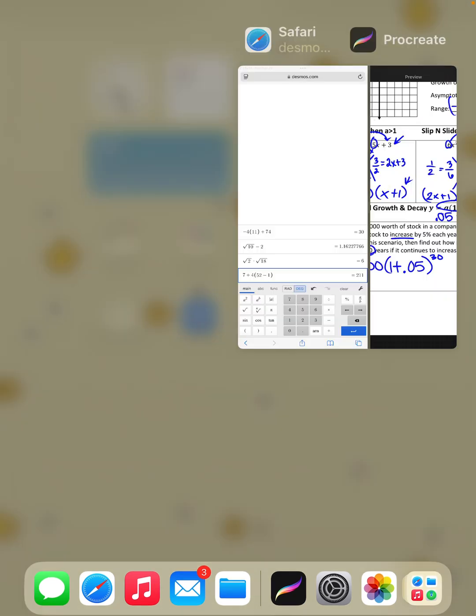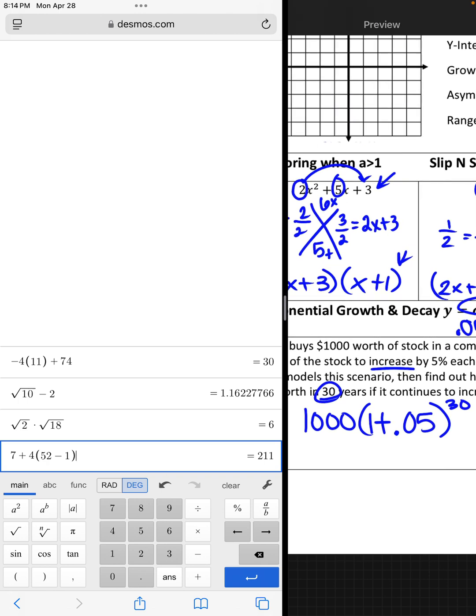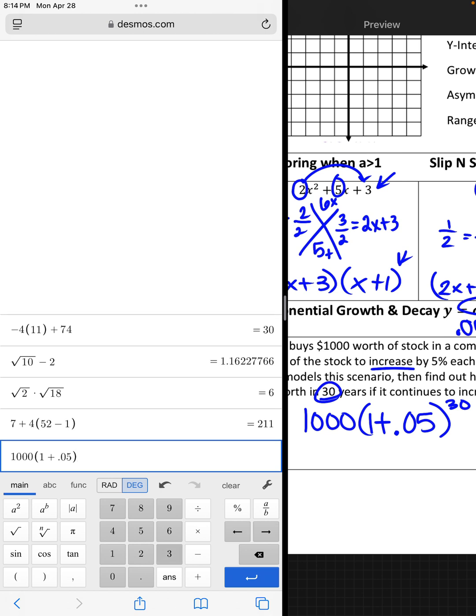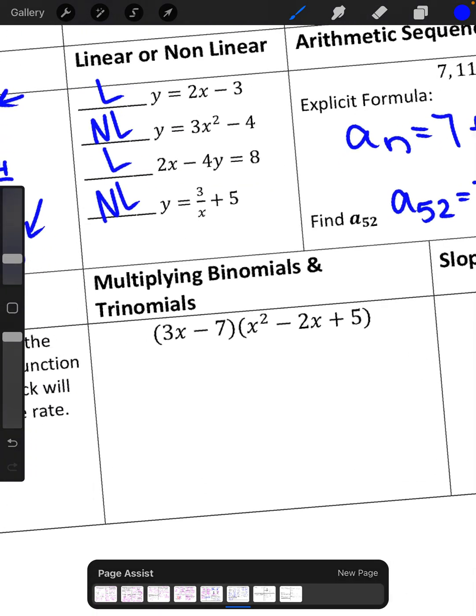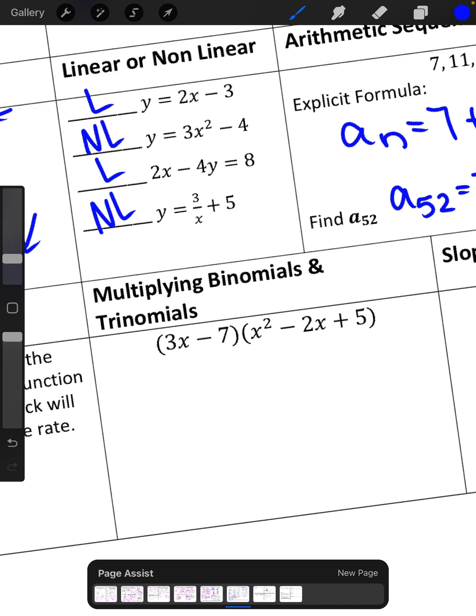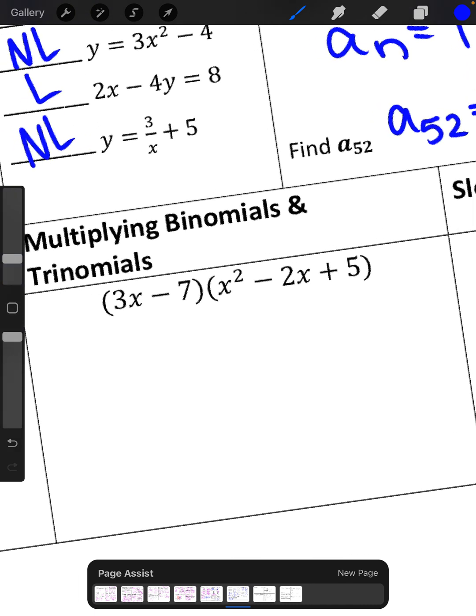So I can open up Desmos and put that in. Got 1,000 times 1 plus 0.05 to the 30th power, which gives me about $4,321.94. So simple enough for that. All right, multiplying binomials and trinomials wasn't something we had to cover in the standards, but